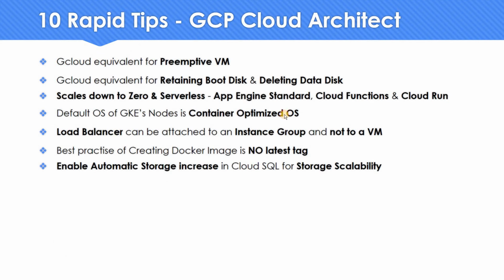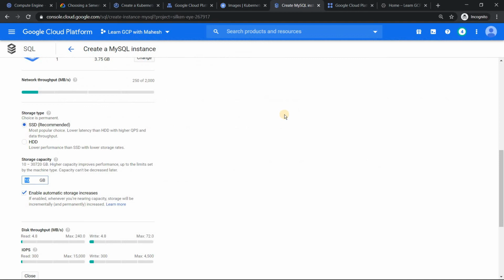Moving on to the next step, which is basically the upper limit of your Cloud SQL instance. It could be MySQL, Postgres or SQL Server. The upper limit as of today is 30 terabytes. When I started my GCP journey, the upper limit at that time was 10 terabytes. Now it has increased to 30 terabytes, and in the future it can definitely increase, but as of today it is only 30 terabytes. Please remember this, just to make sure that you can recollect it very well during the exam time.